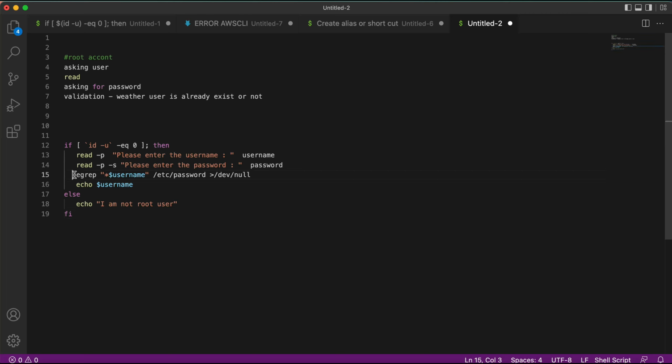Now what exactly this line is doing? This line is going to check for the username. Whatever the username I am going to provide here, it is going to check whether that username is there or not, right? Now if that username is there, then what? Let's suppose if the user is already created, then I want my script to stop. If it is not created, then it will move to the next step, right? So again, what we need to do is we need to have if statement again. Yes, we can have if statement inside the if statement. Now what we need to have? If